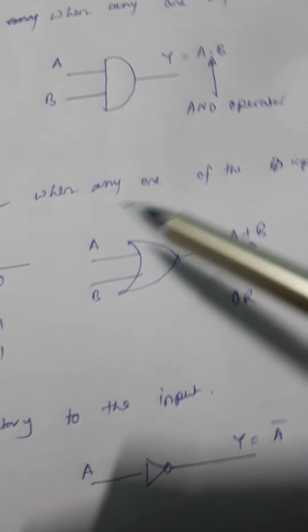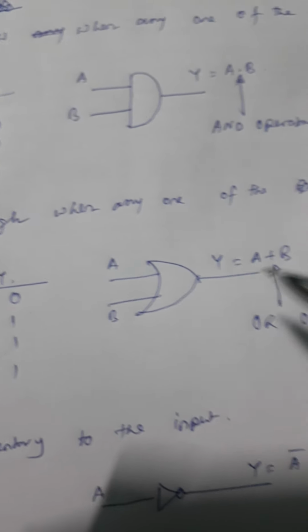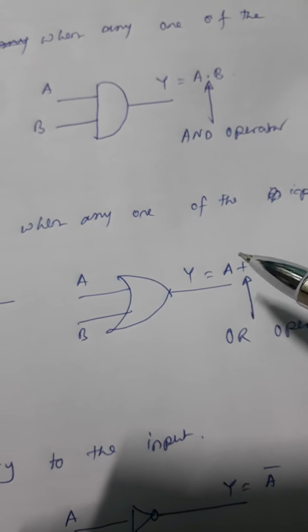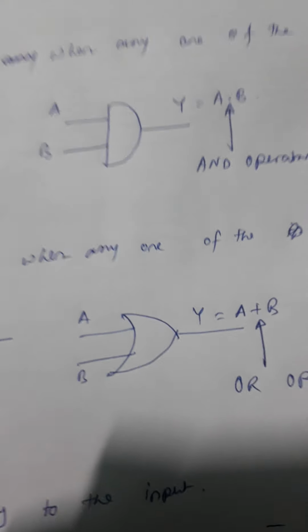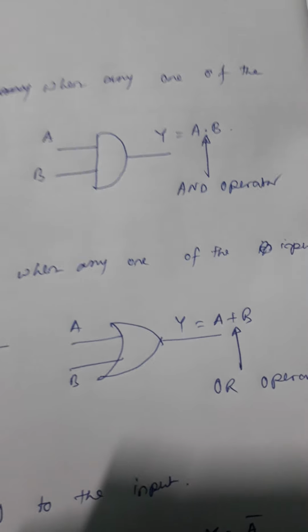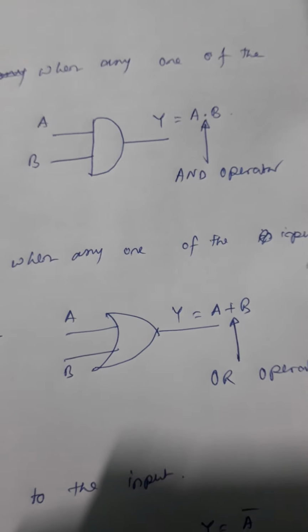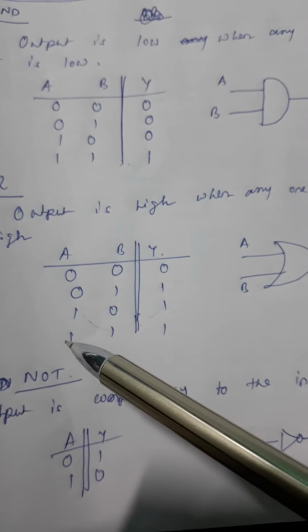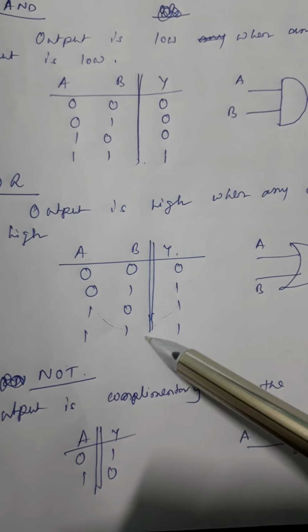Now this is the basic gate, with inputs A and B, and y is equal to A or B. This is not plus, right? 1 plus 1 is equal to 1 here. Fine, this is Boolean algebra. It is not 2, remember this, because this is OR logic. What we can see here is 1, 1 gives 1. So 1 plus 1 is equal to 1 only.